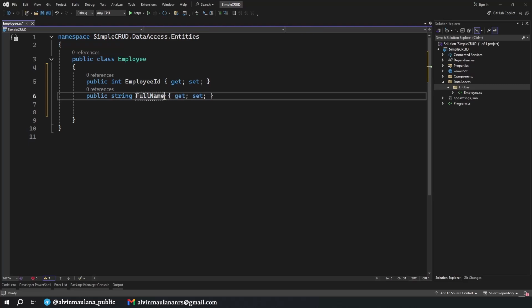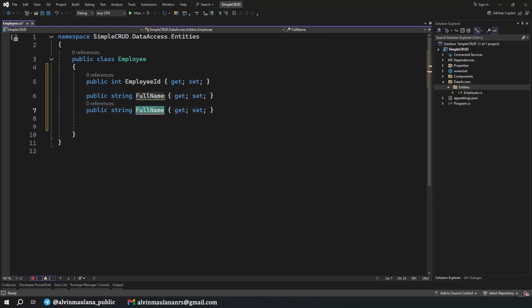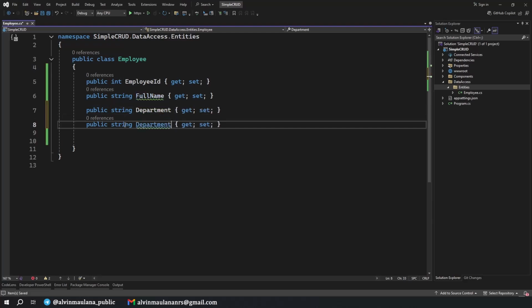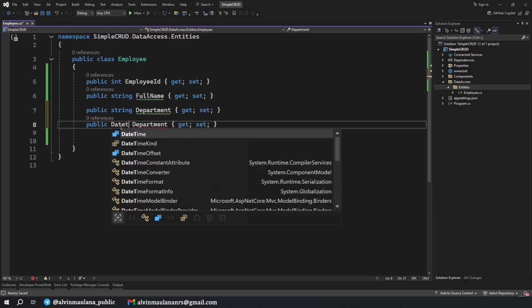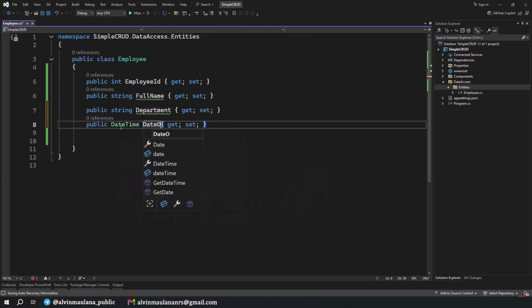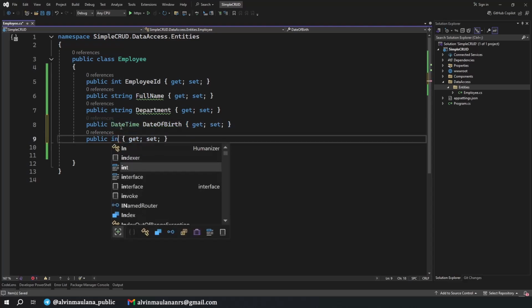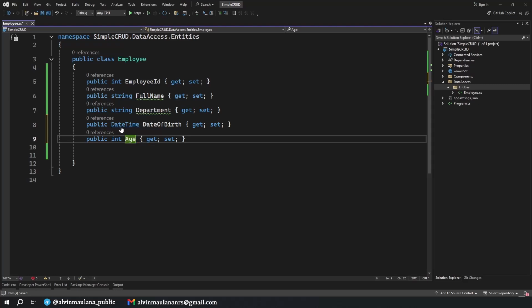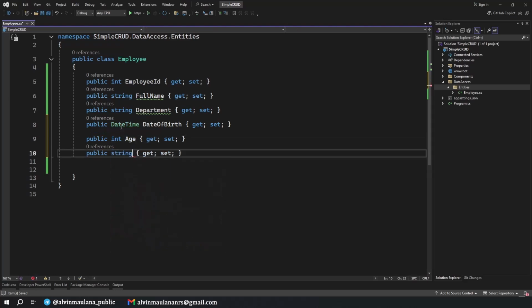And then I duplicate and put department, and then I duplicate again. This one is date time and date of birth. And the next we will have an integer of age and string of phone number.